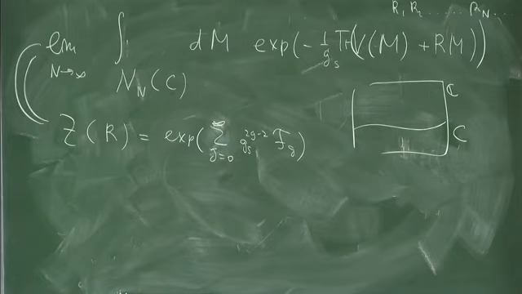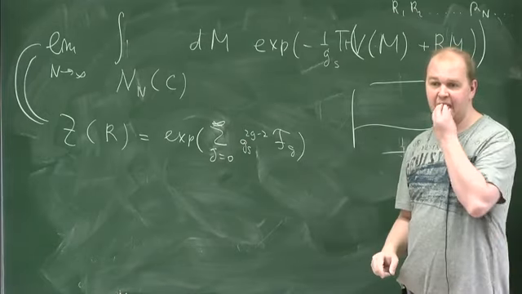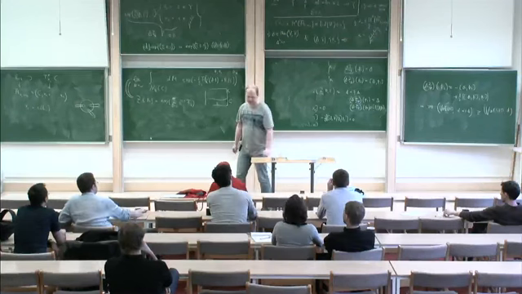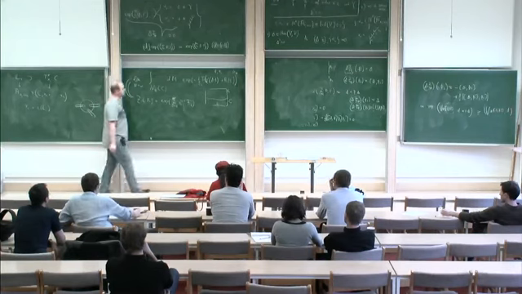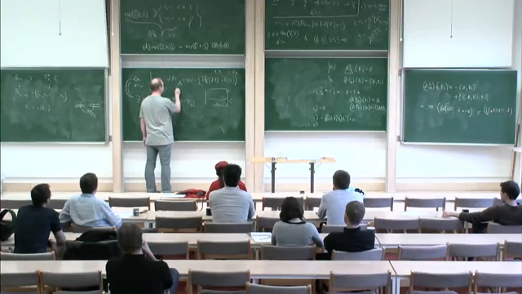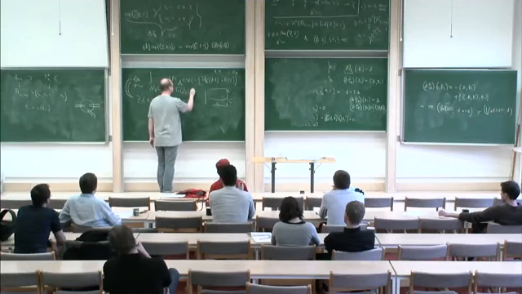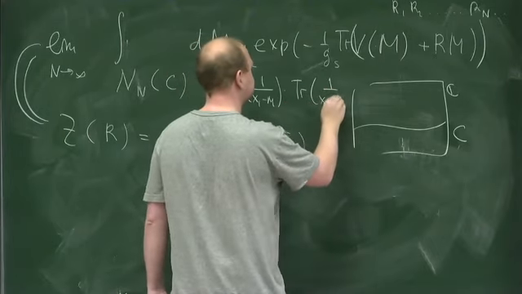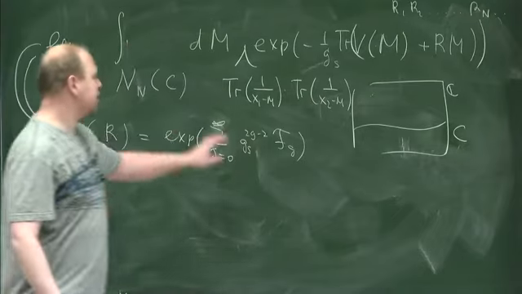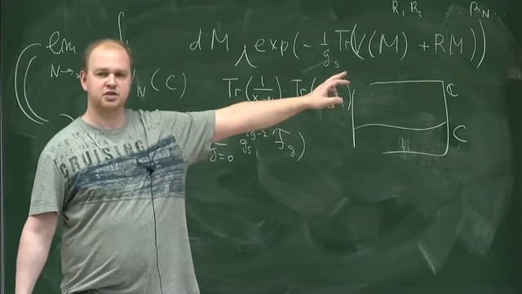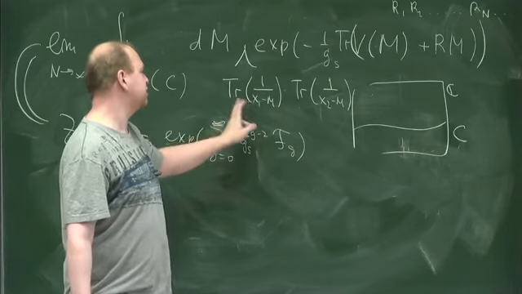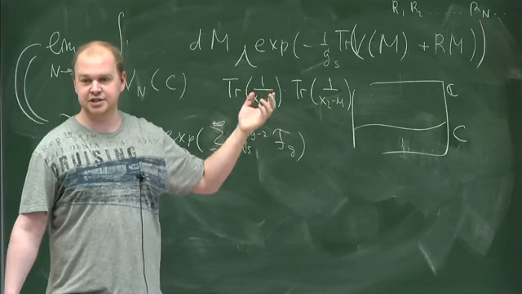The point is the following. You want to compute something. For example, you want to compute derivatives of these free energies with respect to R's. Or in most cases, they talk about what they call correlation functions of the matrix model. And correlation function means that you insert here trace 1 over x1 minus M times trace 1 over x2 minus M, and so on. So you can compute these things, and to compute these things is almost the same as to compute derivatives in R. When you take derivative in R, it means that you put here M, and it means that you take the residue of this correlation function at infinity in x.